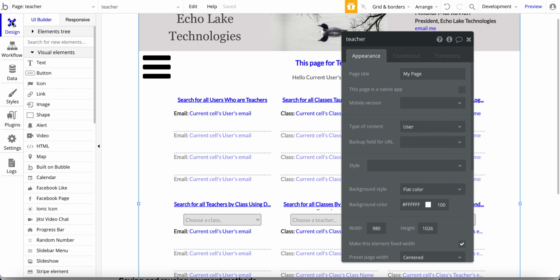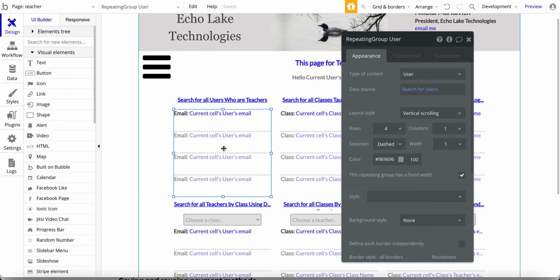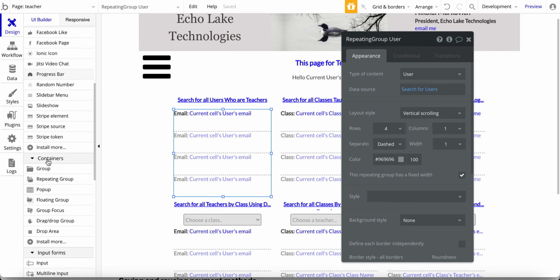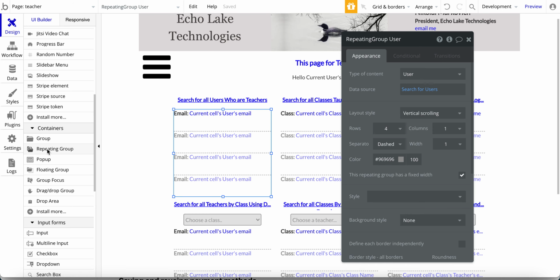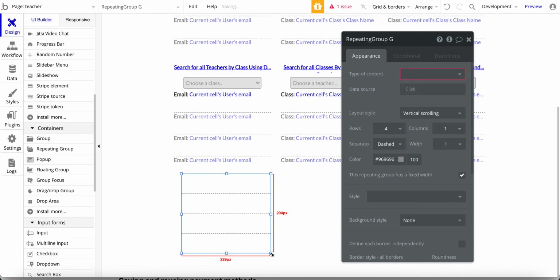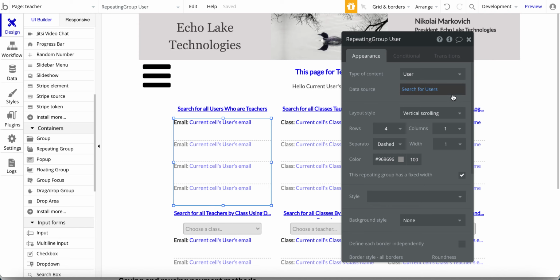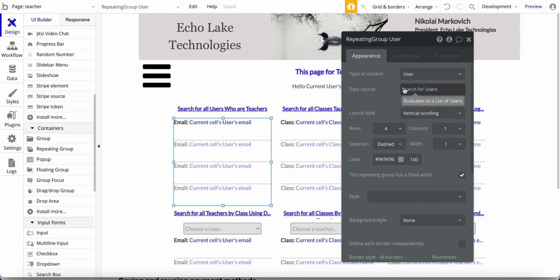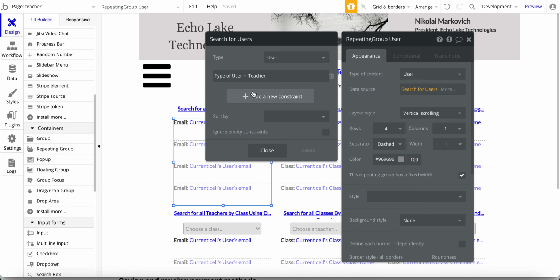Now let's go over here to the design, and we have the repeating group. To get to repeating group, it's one of the elements here, and it's under containers and repeating group. And you just drop that down here. I didn't make any changes to it, so all the default values and so forth. So what we have here is type of content, and we are going to be looking at users for this, and we're going to be searching for users. Now we have a constraint on here, and the constraint is we're going to be looking at type of user